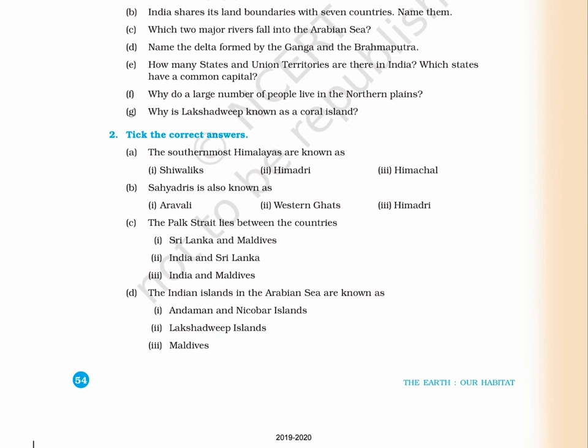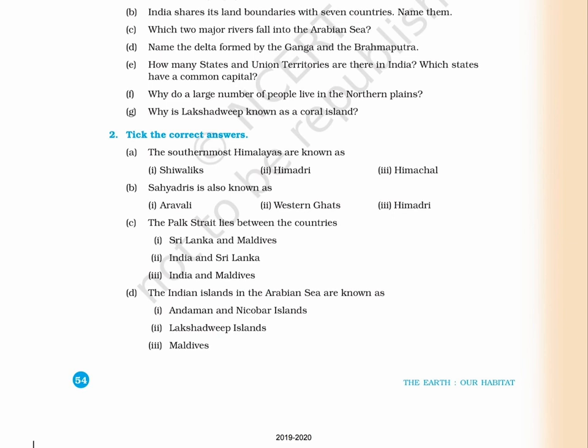B. The Sahyadris is known as 1. Aravalli, 2. Western Ghats, 3. Himadri. C. The Pak Strait lies between the countries 1. Sri Lanka and Maldives, 2. India and Sri Lanka,